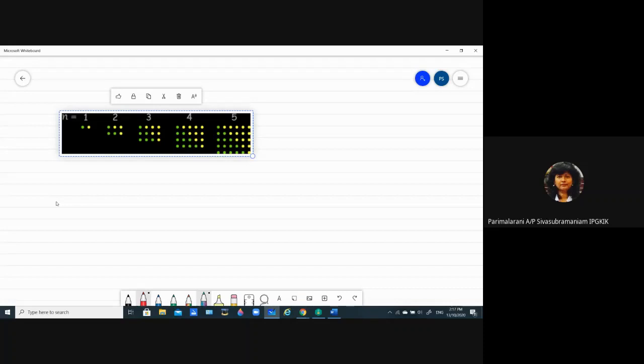The first triangular number here is 1. Here is 3. Then we have 6. After 6 is 10. After 10 is 15, right? So if we make this into rectangles, if we fill the space to make this rectangle,